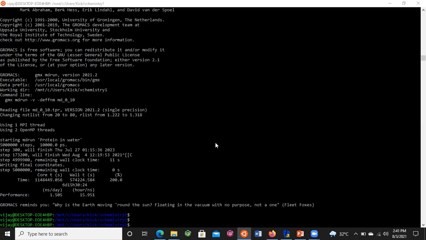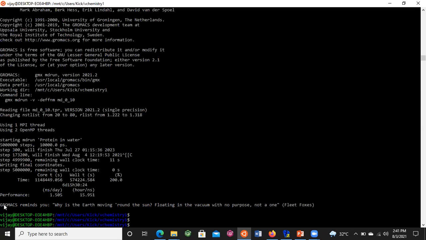Well, finally, after a long wait of approximately 6 to 7 days, as per my dual core laptop speed, the MD simulation for the protein ligand complex is completed successfully.